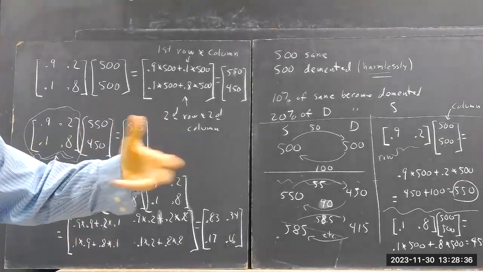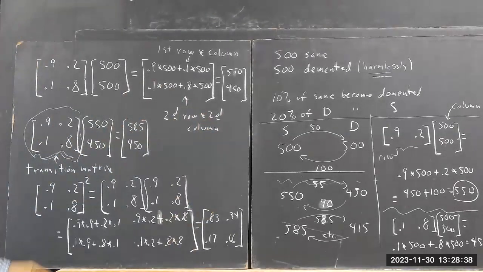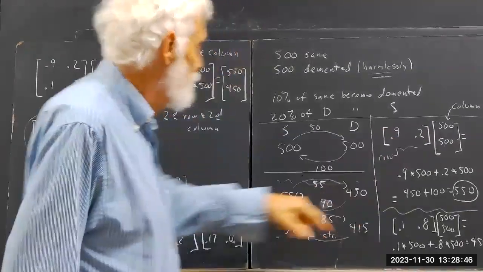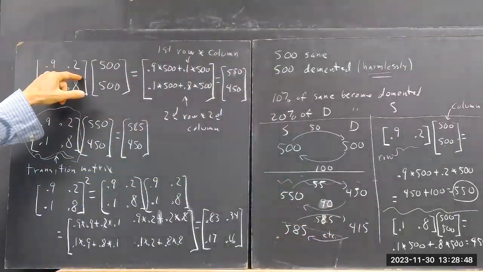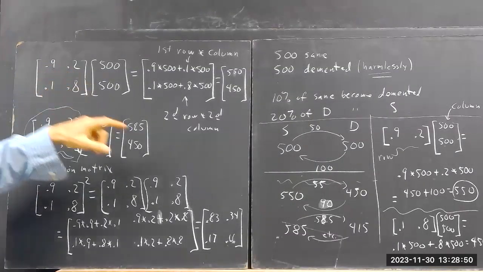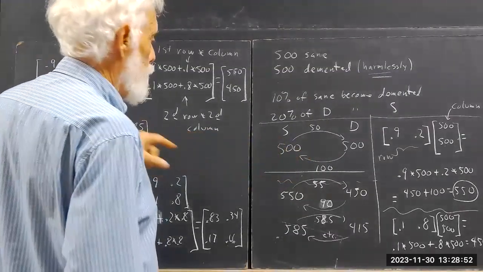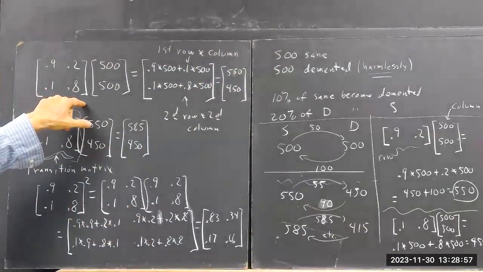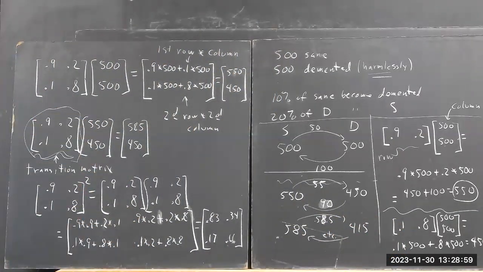And that's all in the assignment for this weekend. Okay. I take my 0.9 and 0.2 and put it here. I take the 0.1 and 0.8 and put it here. Then